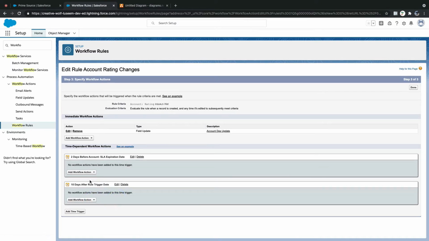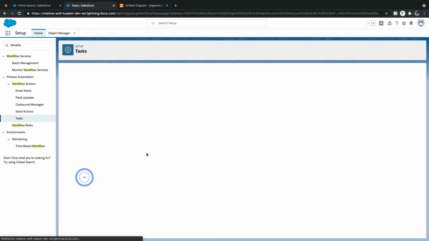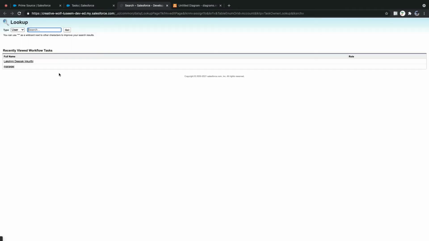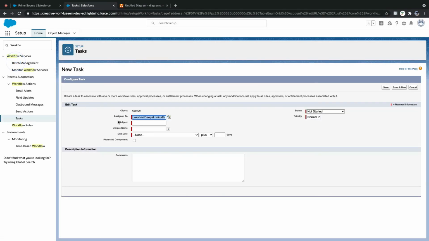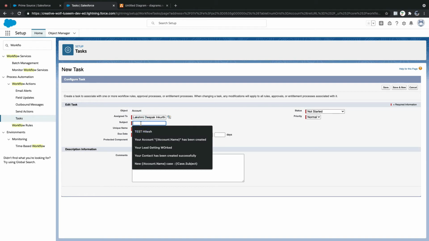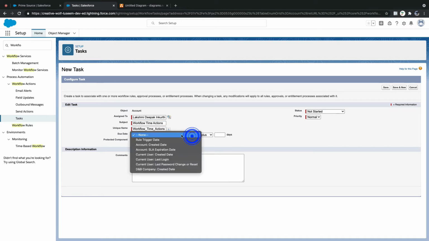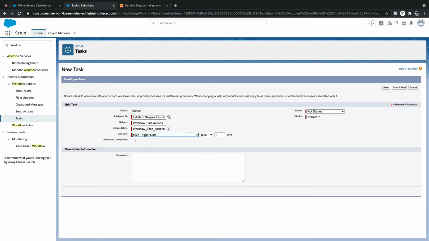So what does this do? Let's go. I'll add a new task. Assign to: we need to select a user to assign to. Let me assign myself. Subject is workflow time actions. Due date is rule trigger date plus 1 day.